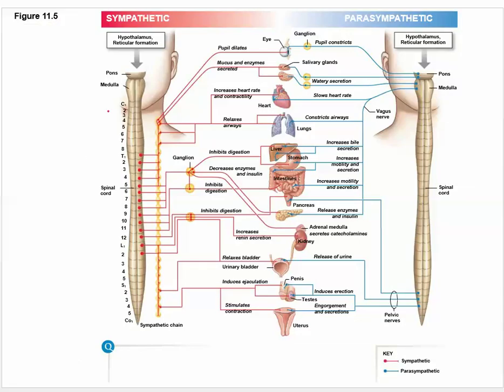So here we have, and we can almost make a guess on all of these. Now you don't have to know all of these, but my guess is you could probably already figure it out. If you understand that sympathetic is fight or flight, you can already sort of figure out what's going on here. You can say, okay, well, let's see what's going to happen with the liver.